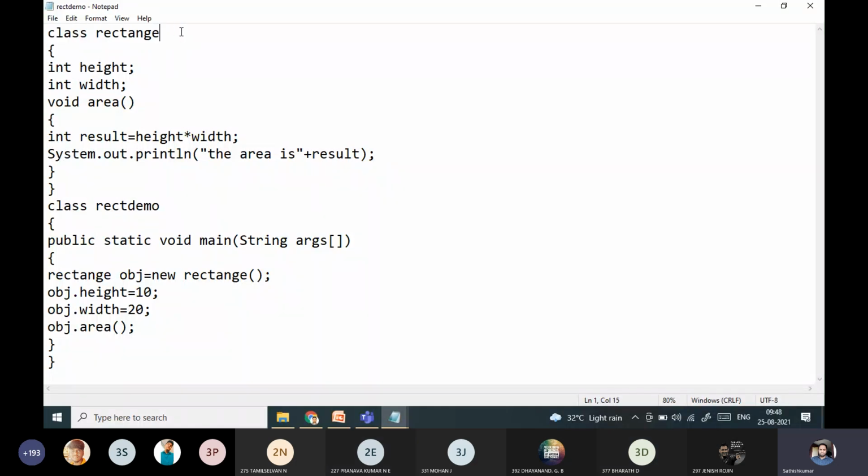We have a class called rectangle. Here what I'm going to do is find the area of a rectangle. That is the only concept we are going to see here. So I'm going to declare an integer height and an integer width, and then void area, a function of the particular class. What is it going to do? It is going to find the result equal to